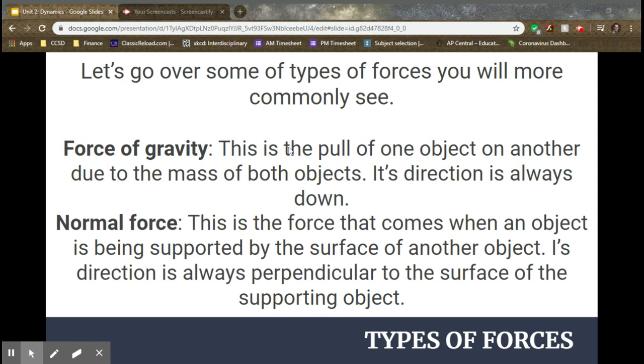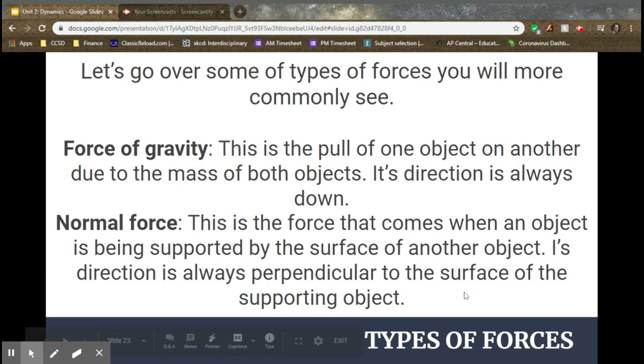All right, so when an object is being supported by the surface of another object, that supporting force is what we would typically classify as the normal force. All right, its direction. Whoa, that's a typo. That says is. I'll have to fix that. So its direction will always be perpendicular to the surface that the